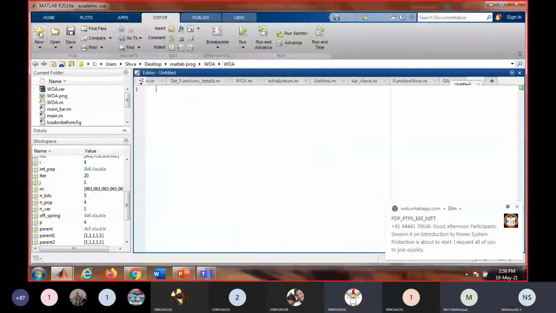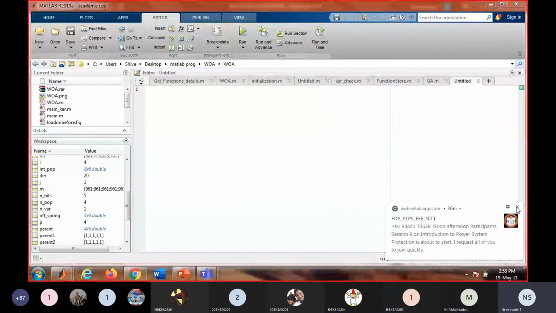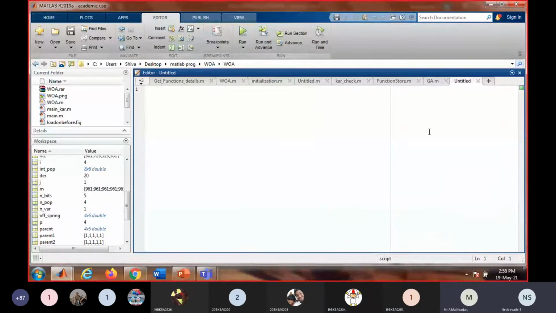Then you'll just watch me typing, is it? Ma'am, you share the code, whatever you have. I will share it with the students, because I am recording the session. They will utilize that. I will keep the recording in their group. Okay, no problem, you can keep it. Fine, ma'am. I can share also if you want later. Yes, ma'am. Okay.